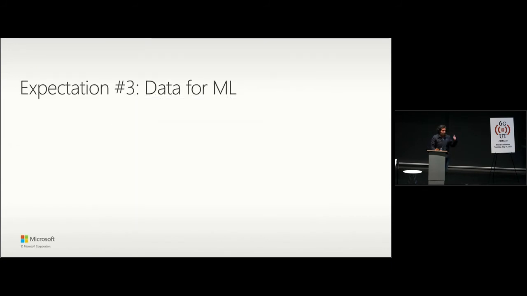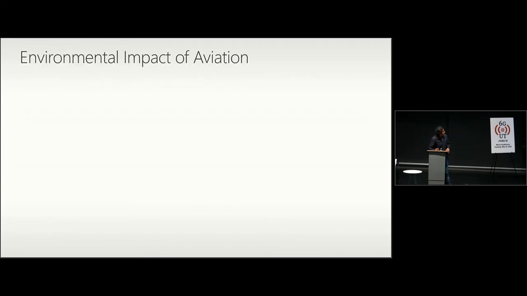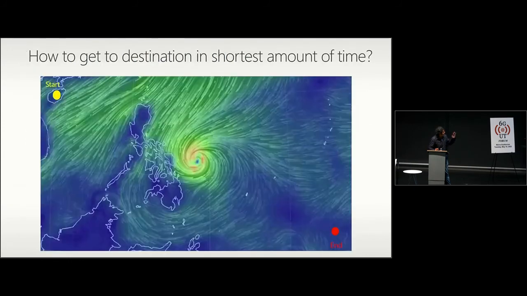Right? So I talked about machine learning fabric. We talk about real-time control. The third thing is all these large machine learning models, you need an extreme amount of data. The great thing is that, with the promise of 6G, where we will hopefully be collecting all this data, we should be able to solve some of the challenges. So let me just move past this. So let me just give you a very simple use case.